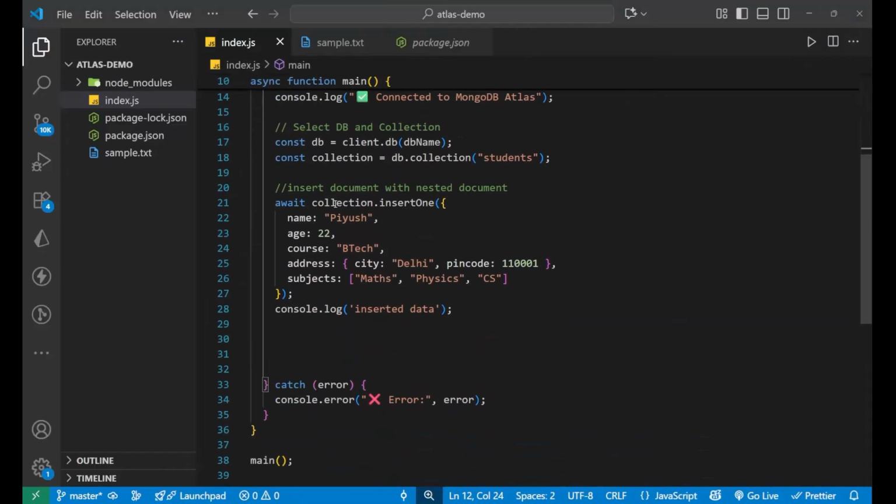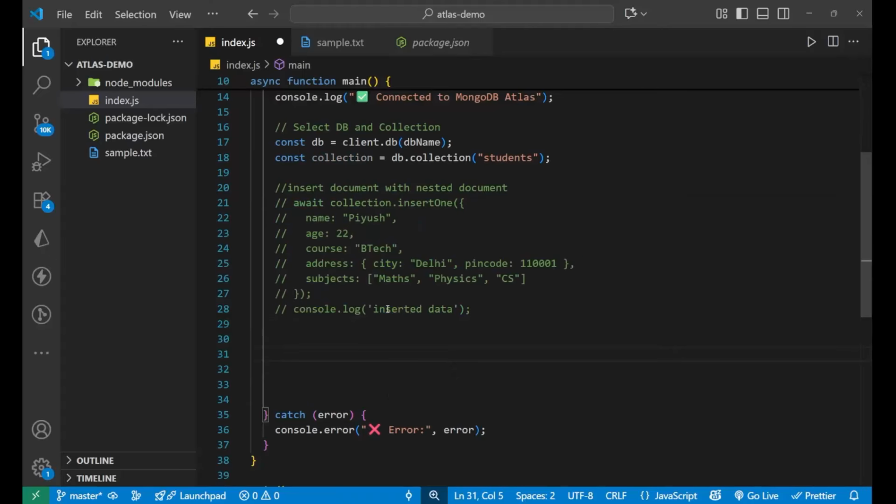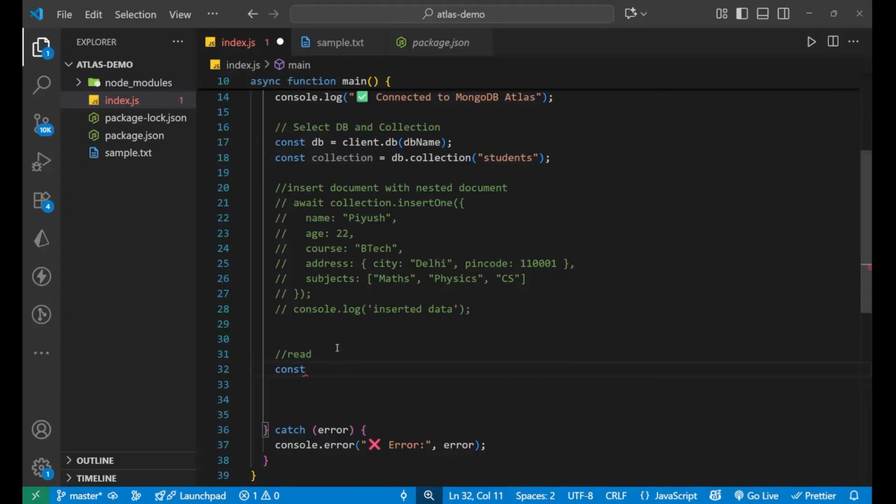Now after inserting this particular data, let's move forward toward reading the data. Let's say I want to read something inside this address, then how can we do it? Let me show you. We are going to perform the read operation. So let's create a variable. I'm going to search with the help of Delhi, so I'll write Delhistudent